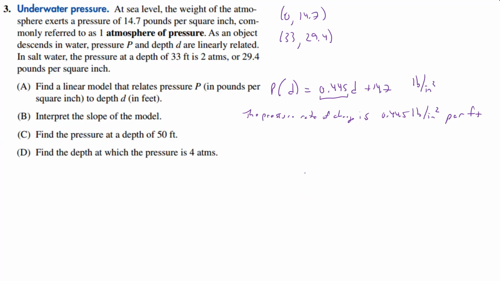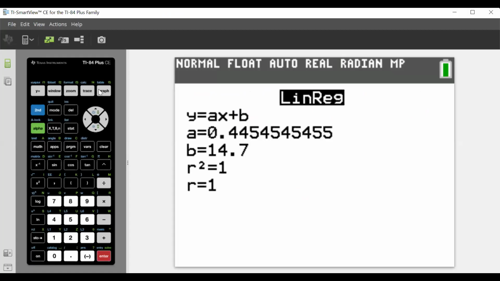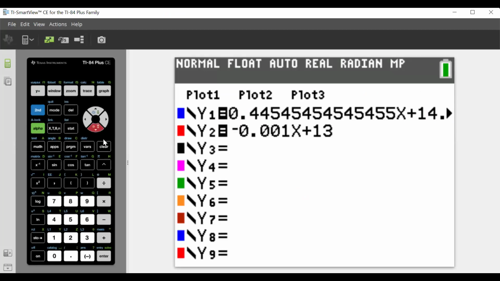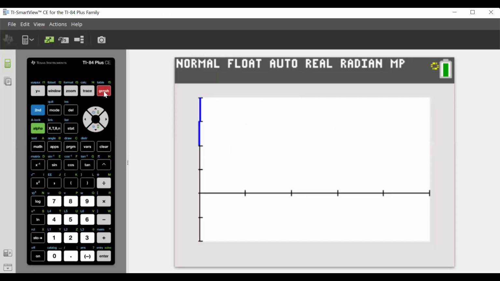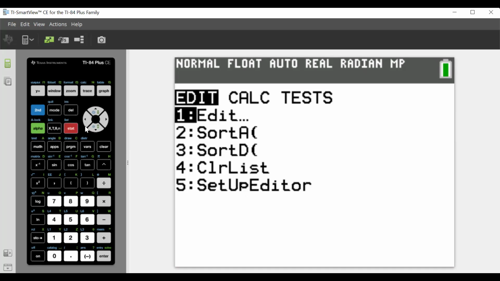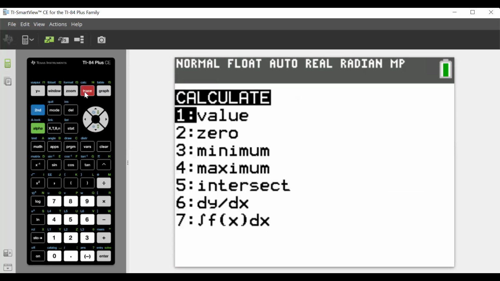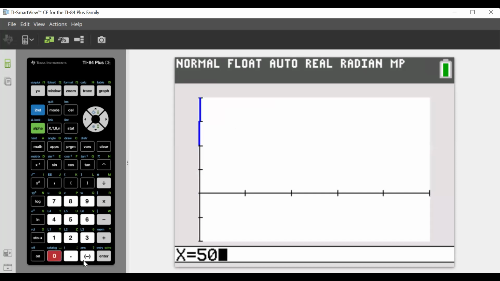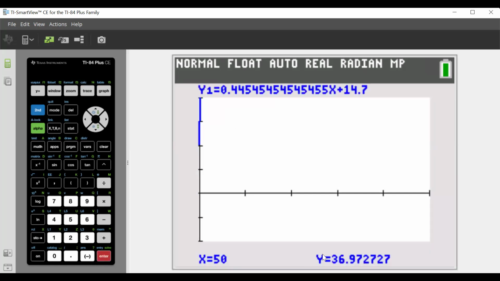All right. Now find the pressure at a depth of 50 feet. Okay, well, that means we're going to find P of 50. Instead of doing that, let's go over to our equation. We've got it in Y1, so let's get rid of that one. Go over here. Now we have this. And so what we need to do is second trace, value at 50. And we get